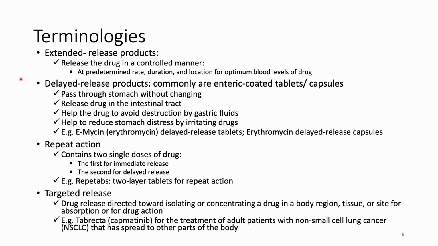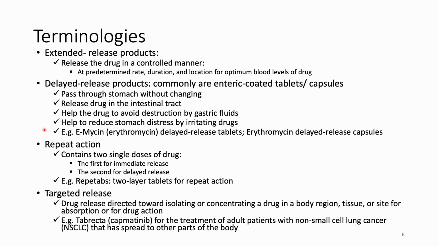The second type is delayed release products. These are commonly enteric-coated tablets or capsules. These kinds of drugs can pass through the stomach without changing and release the drug in the intestinal tract, which helps the drug avoid destruction by gastric fluids and reduces stomach distress caused by irritating drugs. Example, erythromycin delayed release tablets or erythromycin delayed release